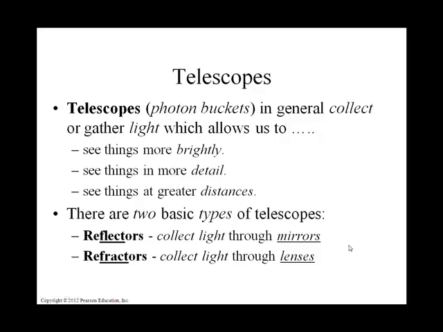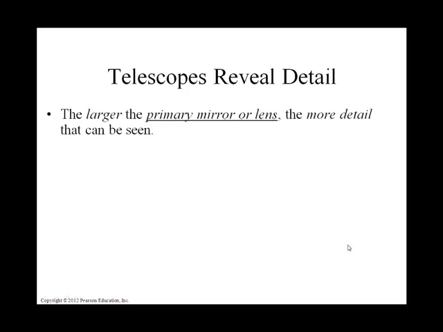The other type of telescope uses lenses, and it is called a refracting telescope. So if you're wearing glasses right now, think of your two lenses. One of them is kind of what a refracting telescope would be like. And what happens is we have these lenses at the end of the tube for a refracting telescope. So whether it's a reflecting telescope, a reflector, or a refracting telescope, a refractor,